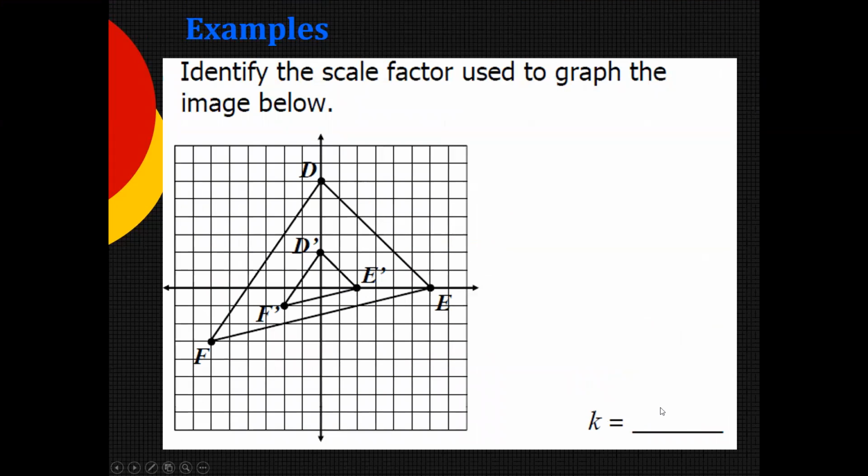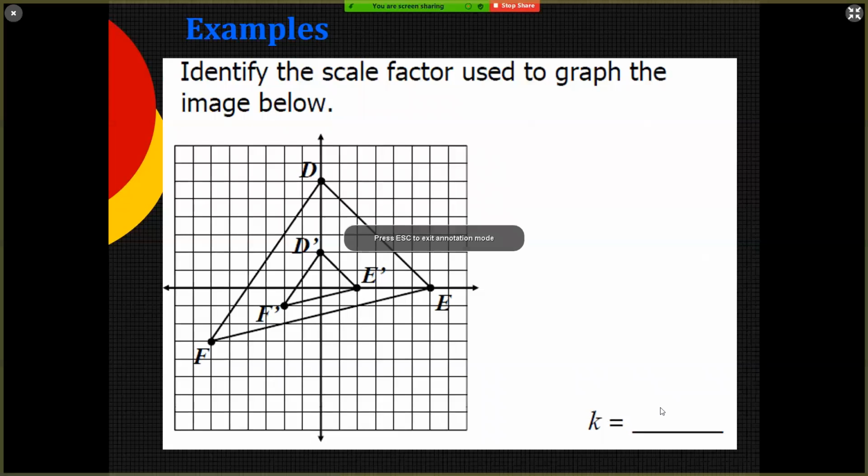One last thing you might be asked to do for this section is to identify the scale factor that's been used in the graph. So my favorite way to do this is to figure an ordered pair